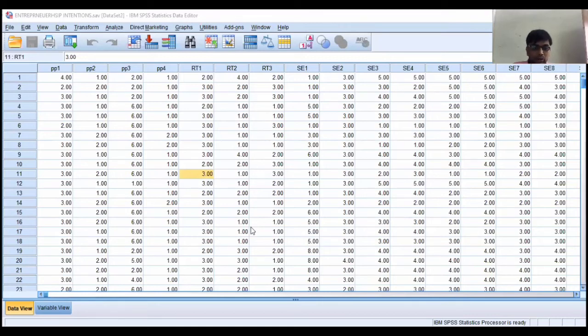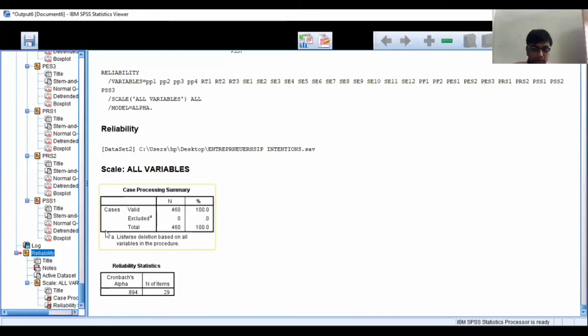So the result is here, it is 0.894. What I said is that this value should be greater than 0.6. So this is how we assess our reliability.